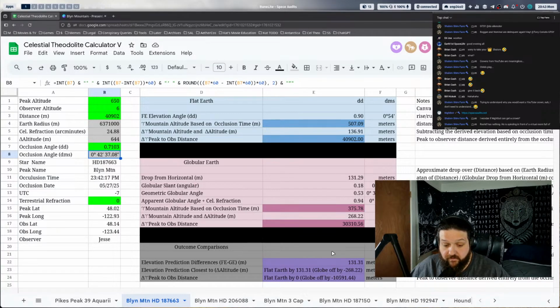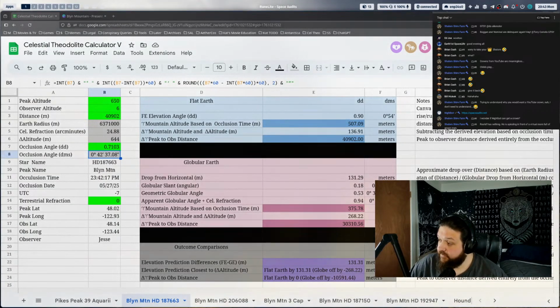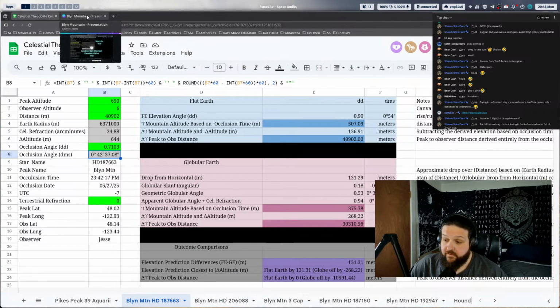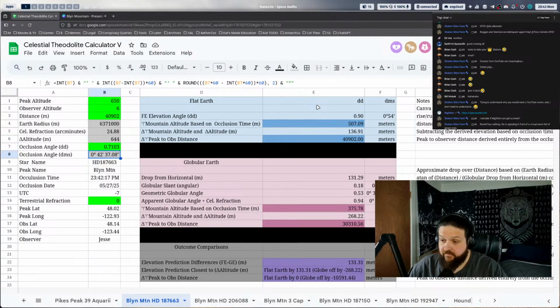So there are two things that we keep jumping in between, and I don't think you're aware that we're jumping in between. There is one thing, which is the celestial theodolite supposedly giving accurate results for a flat Earth. I don't care what the celestial theodolite predicts for a globe because it's bullshit. So the fact that Jesse's observation is off by 12 arc minutes there, whatever that discrepancy is, it breaks the celestial theodolite. The second thing is what the actual globe predicts.